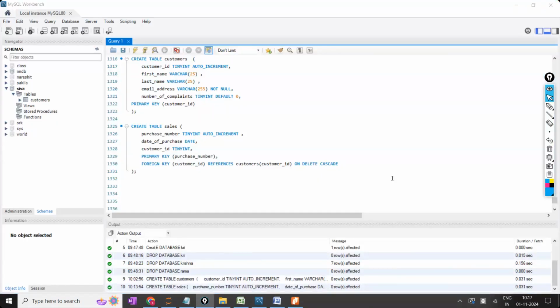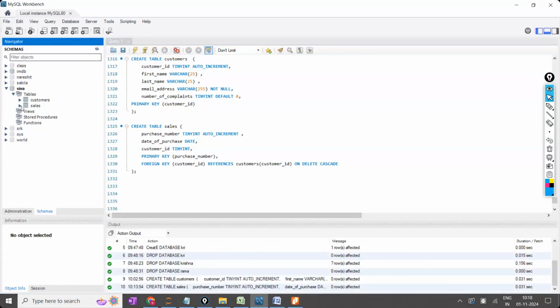I told you how to create the tables and how to create the schema. Okay, it is executed now. After executing, let us refresh here. Now here, can you see 2 tables? In table 1, columns are there. A side arrow mark is there. You have clicked and you have got the column names.